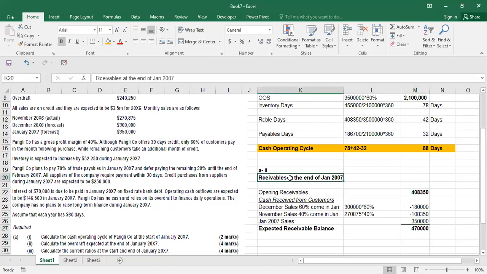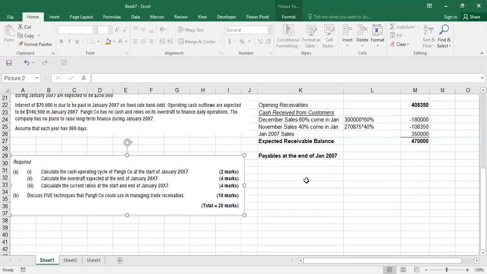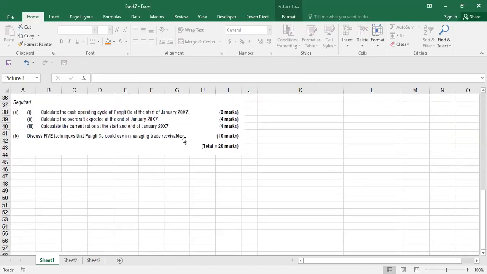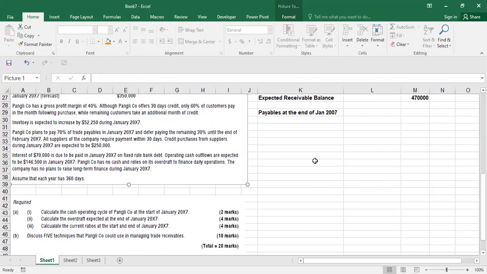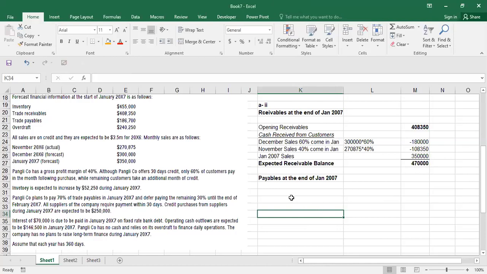Now, similarly, you should be calculating your payables. Listen, I have to calculate my overdraft requirement, and my overdraft requirement will need this calculation. Now I need to do my payable balances. Okay, so let me drag it down a little bit. Please allow me. And I drag down a bit more. And we have to calculate our payable. Now, based on this, you can start doing it the same way. How much do you have in payables at the beginning? You would say that opening payables